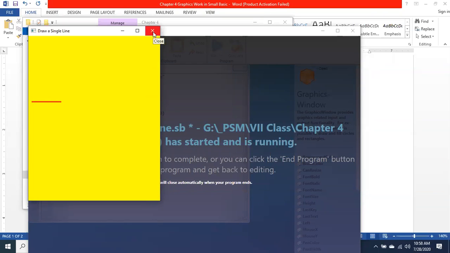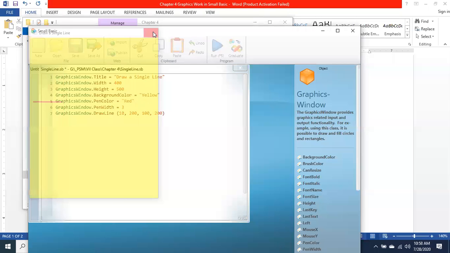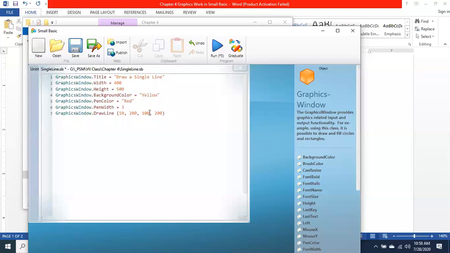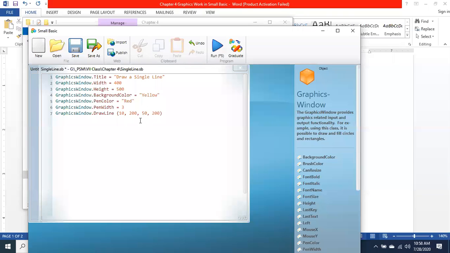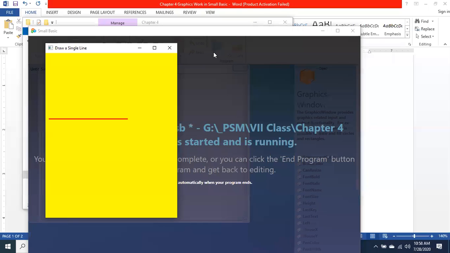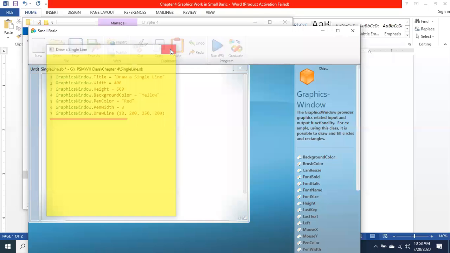So by reducing the ending position of the x-axis, what is happening? The length of the line is decreasing, because we are changing the ending position of the x-axis. If I mention 50 over here, the line's length will decrease. Okay, and by increasing the ending position of the x-axis, the length of the line is increasing. I think this thing is clear to all of you.